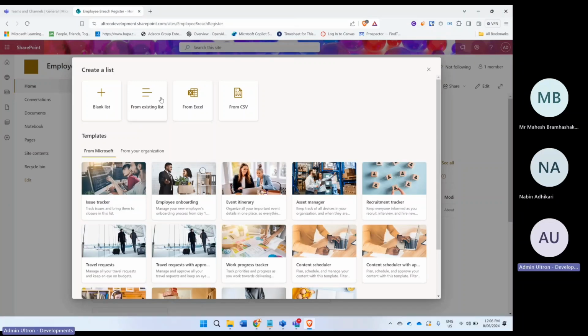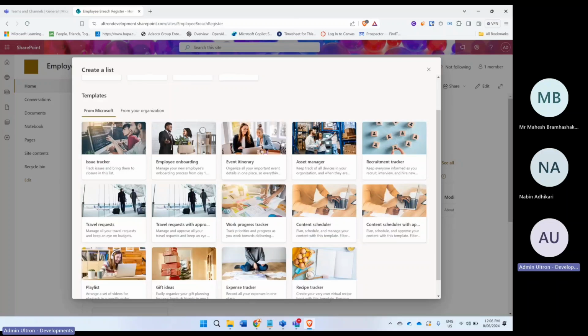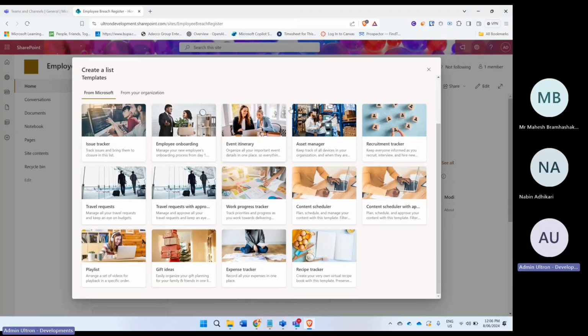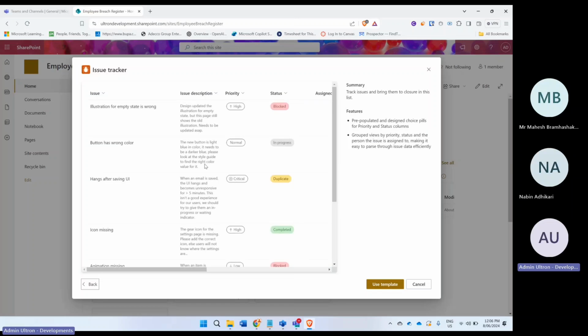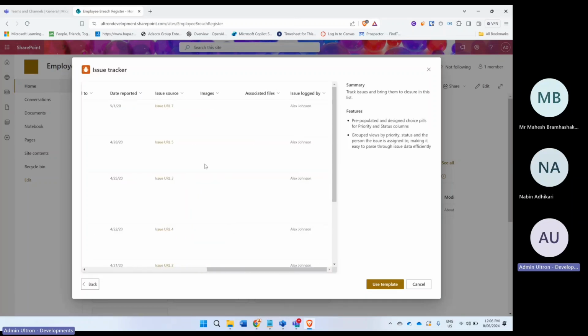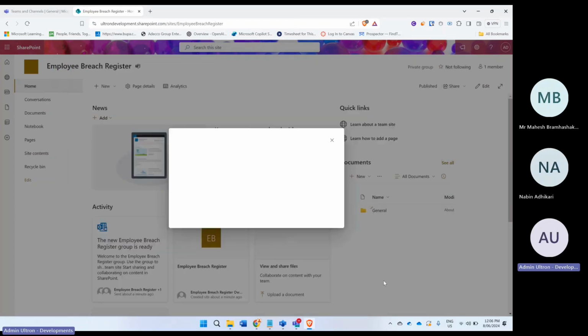Again, if you have an Excel sheet, you can upload it, but I'm going to go with, there's all these templates, right? So issue tracker comes to mind. What it does is kind of similar to, Mahesh, you would agree, right? So what I'm going to call it is